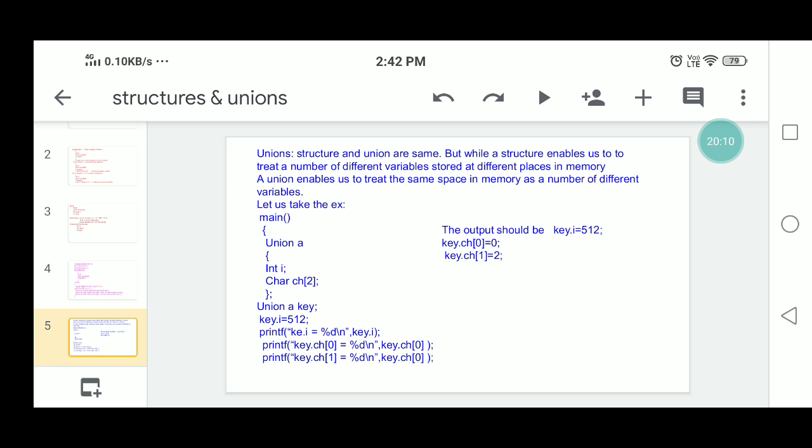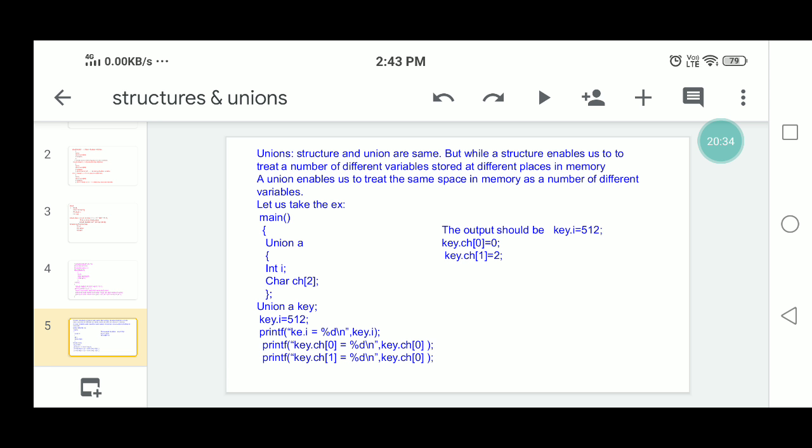Structure and union are the same, but while a structure enables us to treat a number of different variables stored at different places in memory, union enables us to treat the same space in memory as a number of different variables. Let us take an example for this union.